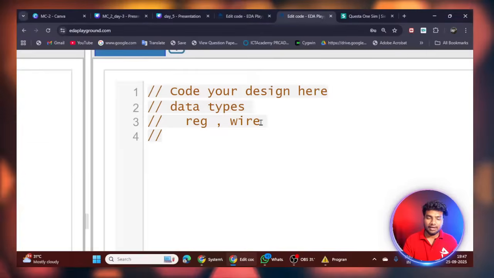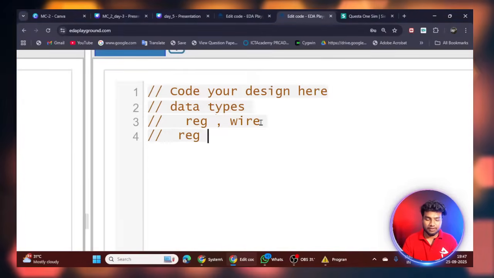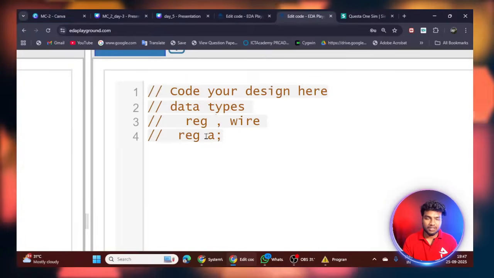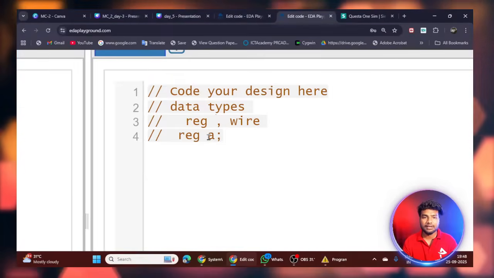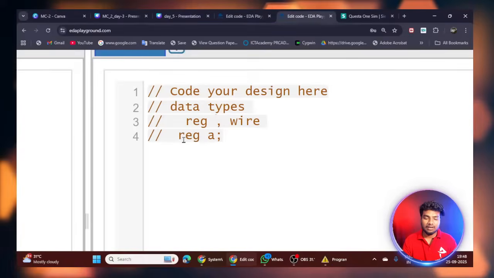So how can I get a signal? reg a means this is a signal name. So reg a is the signal name, and it can store only 1 bit of data. Reg is the data type name.